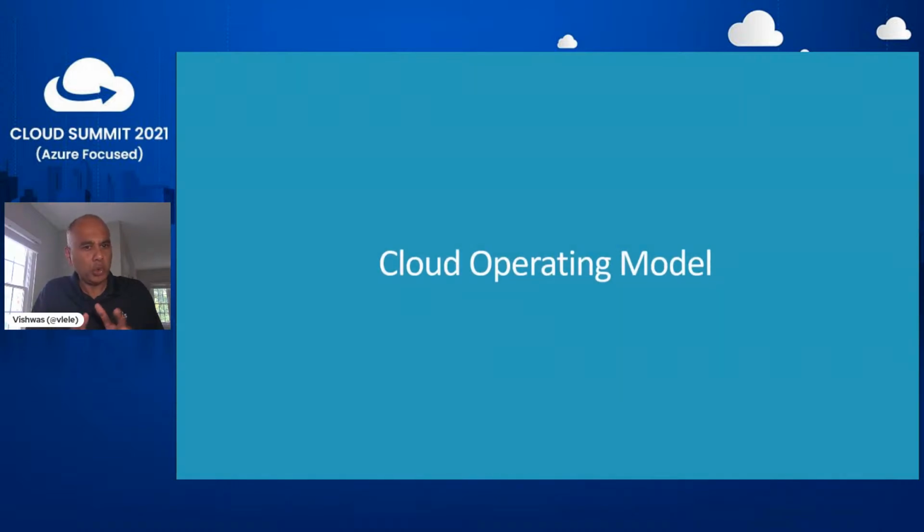The next thing I wanted to talk about is the cloud operating model. So if you have traditional infrastructure needs, networking needs, and security needs, all of these skill sets need to be operating in a cloud model. What do I mean by that? You may be a network person, you may be a security person, you may be an infrastructure person, but if you are not